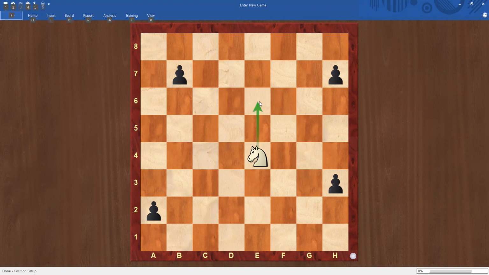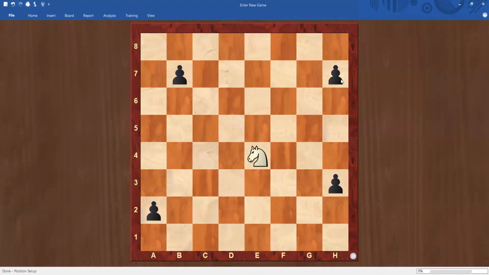It can go 2 steps straight, horizontally or vertically, 2 steps. Then 1, 2, then make a turn. People say 1, 2, 3. That can also be done, but usually you just practice. It will be an L shape. With practice, you don't have to count also. So this is how the knight moves.